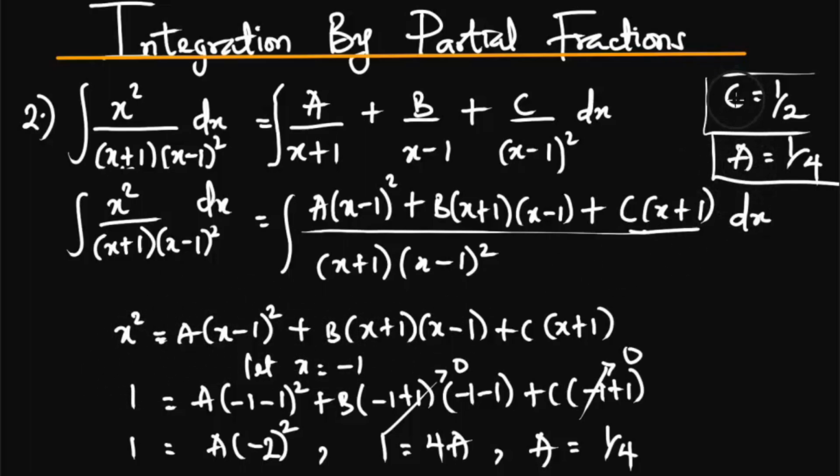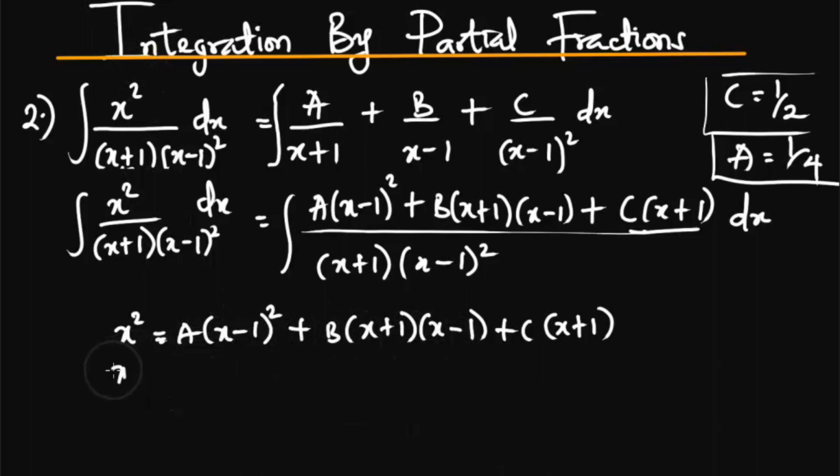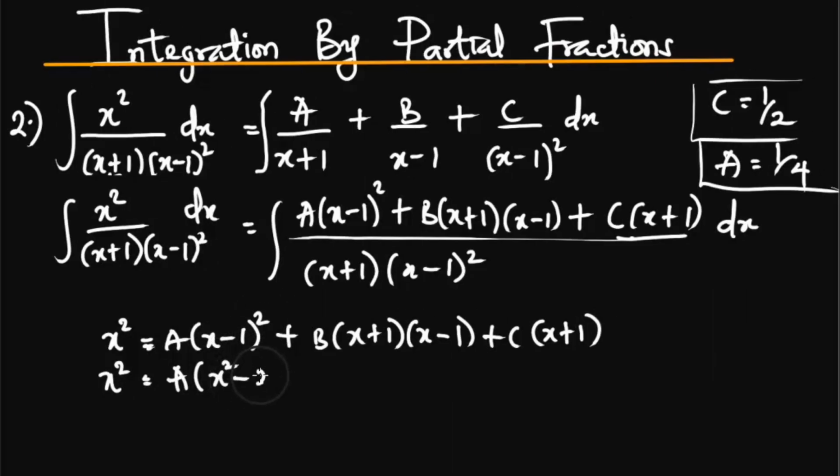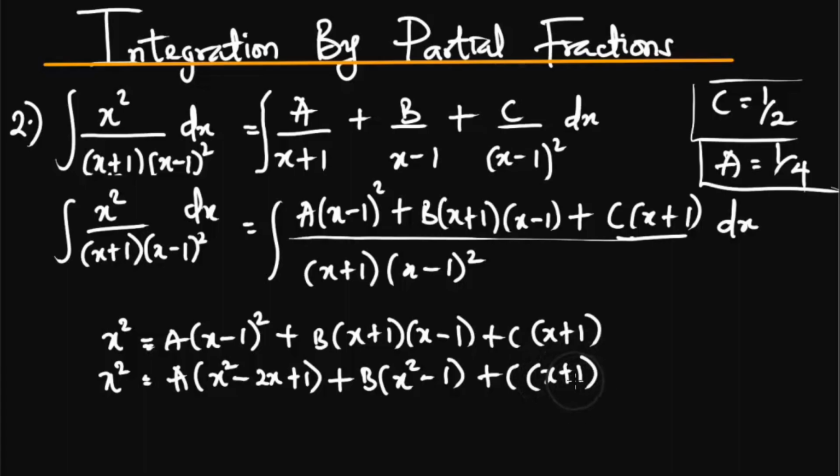Since we already know a and c, we can also substitute a and c, right? But another faster way to go about that is to compare both sides. So we know that if we expand, x squared will be equal to a into, this gives us x squared minus 2x plus 1, right? Plus b into, this is difference of 2 squares, so x squared minus 1 plus c into x plus 1,